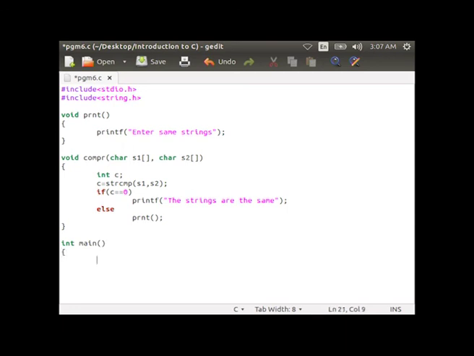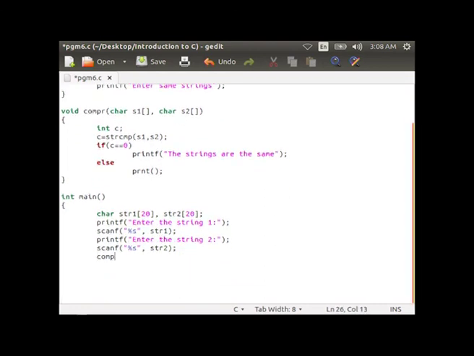Now, you enter the main function int main within curly braces: char str1 of size 20, str2 of size 20, then printf("enter the string 1"), scanf("%s", str1), printf("enter the string 2"), scanf("%s", str2), then compr(str1, str2), return 0 and close the curly brace.